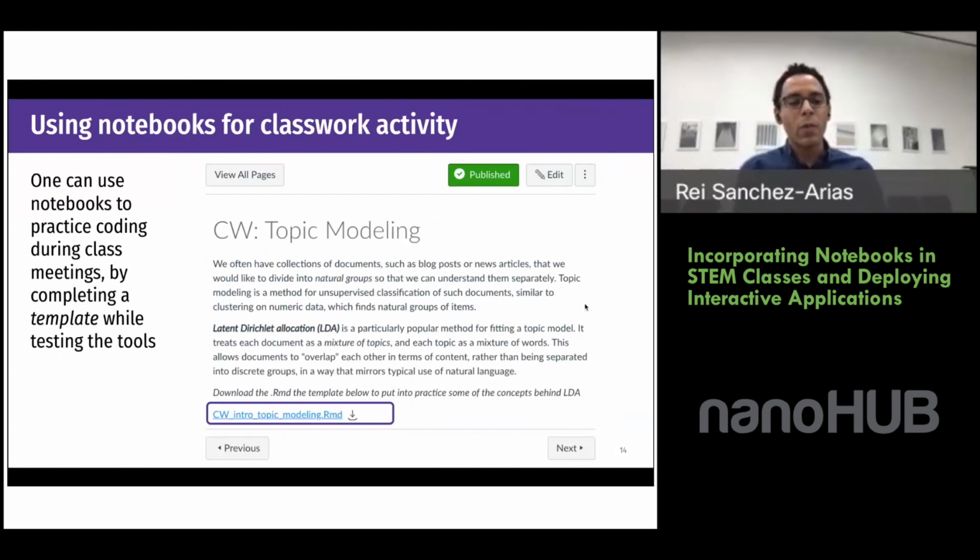So let me tell you about using templates, right? Because I mentioned that I like to use notebooks in my classes because I like to provide my students with some sort of template that they can open in their favorite system. If it's a Python type of notebook, maybe they use Jupyter. If it's an R Markdown file, maybe they use RStudio. But I provide my students with a